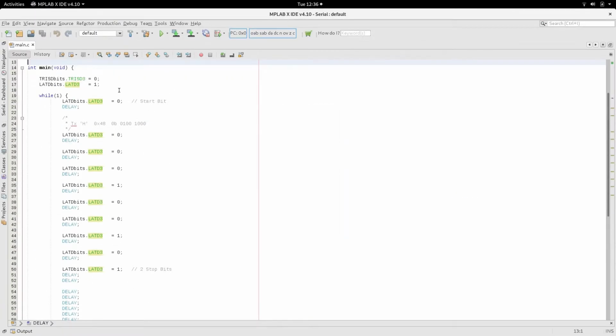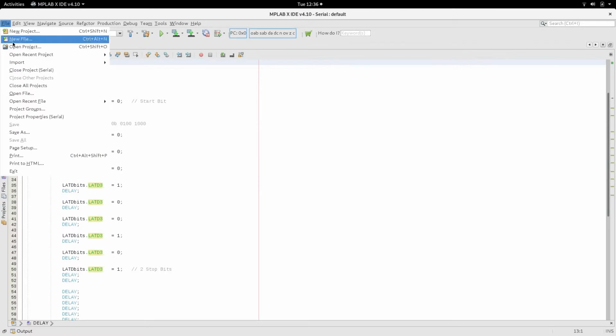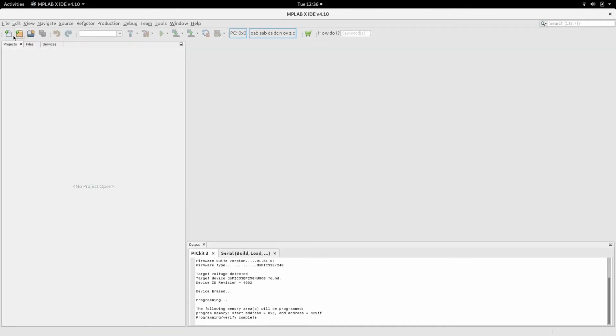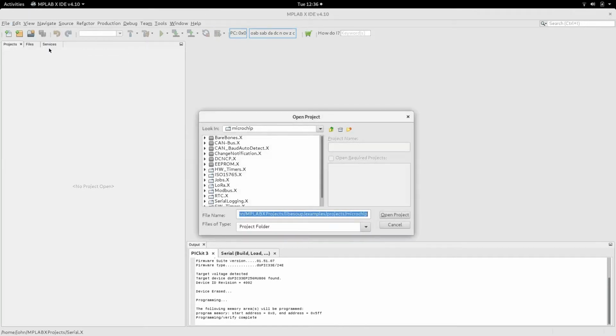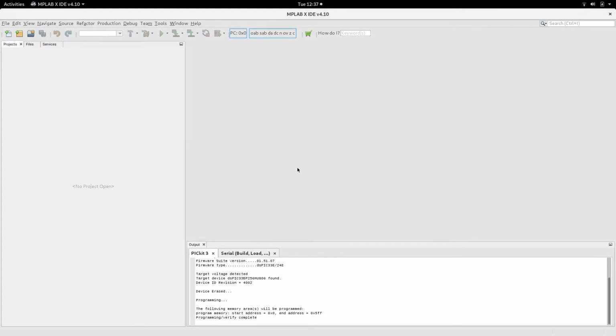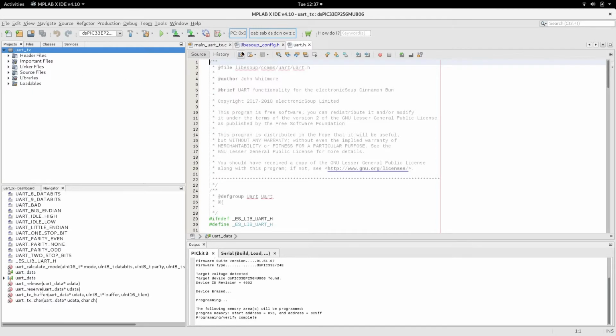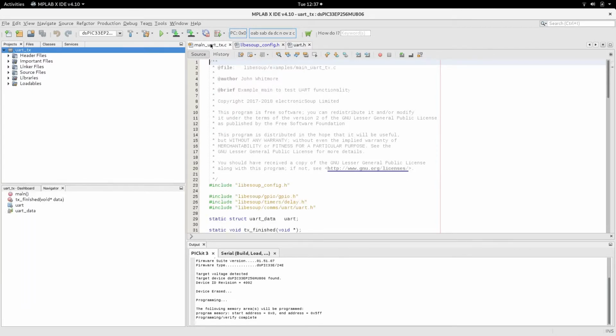So if I quit out of that project, the other project, if I open it from this, it's down in the libesoup in the examples directory. There's projects and microchip, which is the only thing we're using at the minute, and this UART transmit, UARTX, and all that file does is,